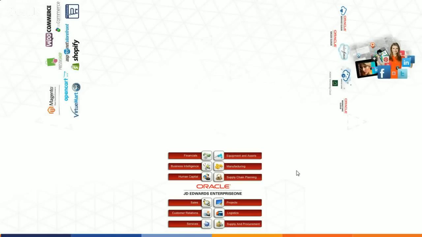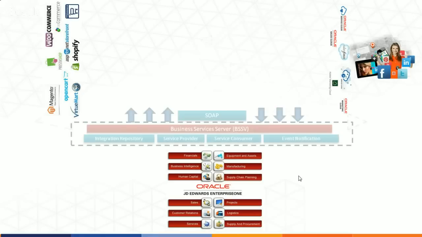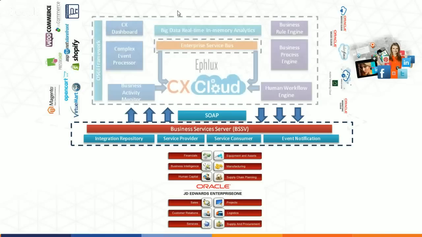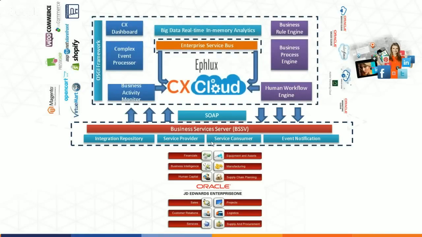Instead of doing a one-to-one, point-to-point integration with the business service server with each of these systems, a better approach would be to have a SOA middleware with which your business service server integrates, and the business process engine within the SOA server calls these other third-party products and orchestrates that within the business process execution language,